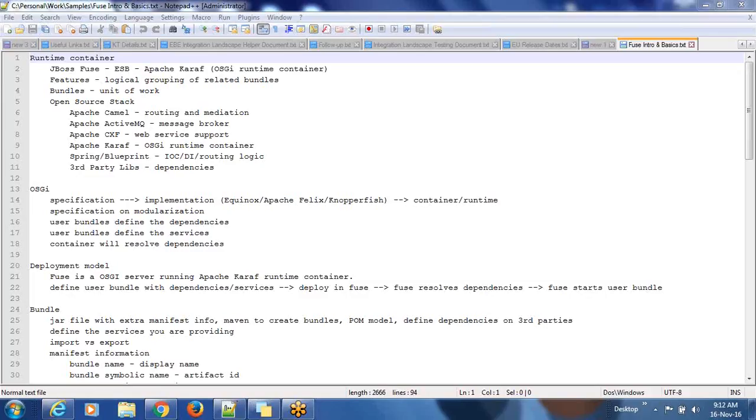Fine. So basically, JBoss Fuse is an enterprise service bus. It is from Red Hat. Before Fuse, there was another company called Progress. They used to provide another enterprise service bus called Progress Fuse, and this company was acquired by Red Hat sometime back. Red Hat had its own application server called JBoss. So they merged the Progress Fuse and Red Hat and created a new ESB, which is the Red Hat